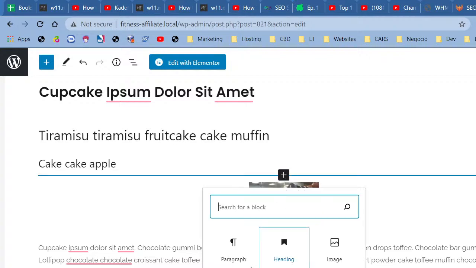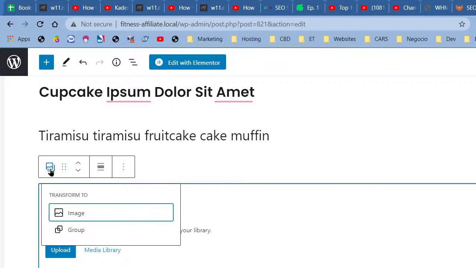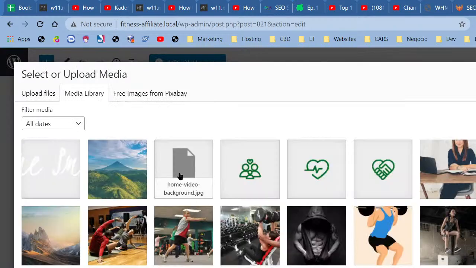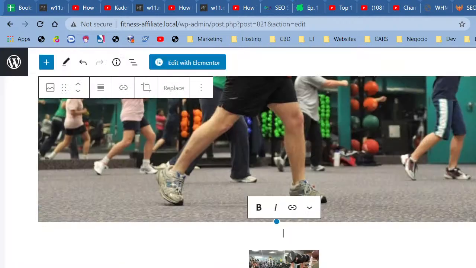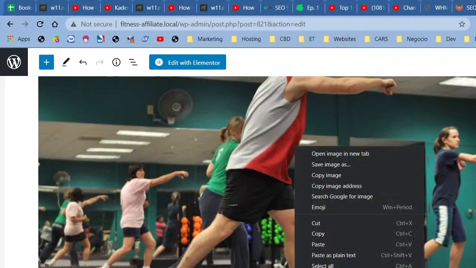I don't like this, right? So I'm going to go ahead and gallery. And no, I don't want gallery. What I want is an image. There we go, media library, and I think the one that was right here was this one. Was it? No, I think it was this. I think it was that. No, it wasn't that, but it's fine. So now I'm going to go ahead and